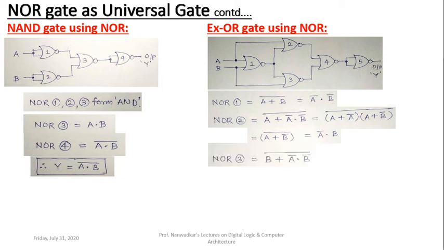Next, similarly in case of NOR gate number 3, the inputs for NOR gate number 3 will be the B input, the bottom input, and then the output of NOR gate number 1, which is nothing but A bar B bar. So B plus A bar B bar whole bar. This is the basic output equation of NOR gate number 3 here.